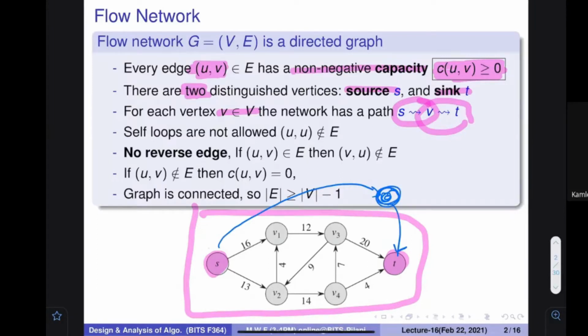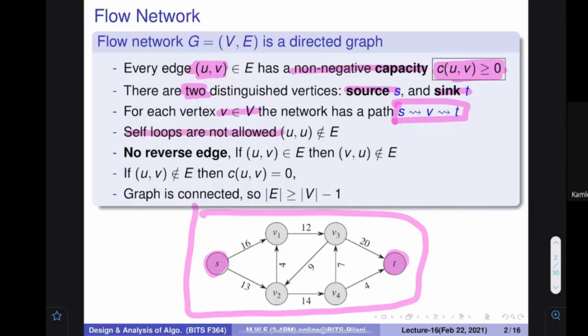So if such nodes are there, we can automatically remove them, because if we consider them, they are only going to add computation overhead. So we are not going to consider those kinds of things. We can just quickly remove them. If we don't have a path from S to V and V to T, then we can remove this particular part. Clear? Make sense?